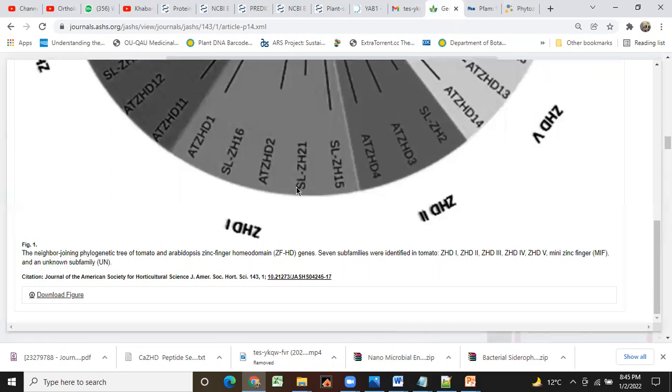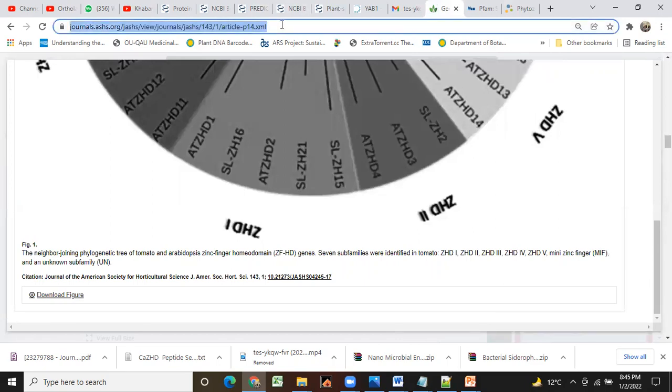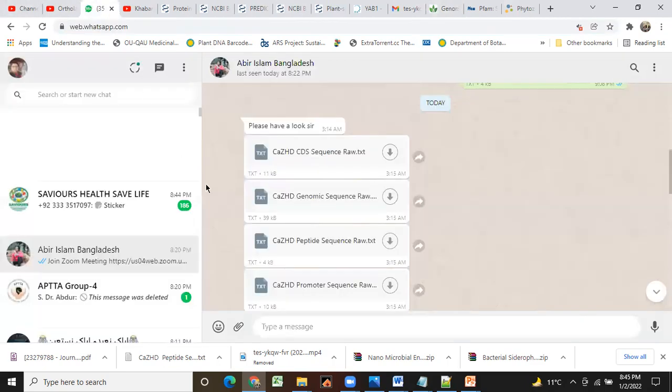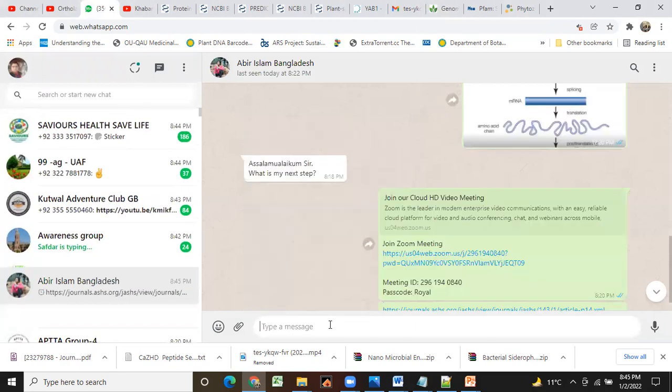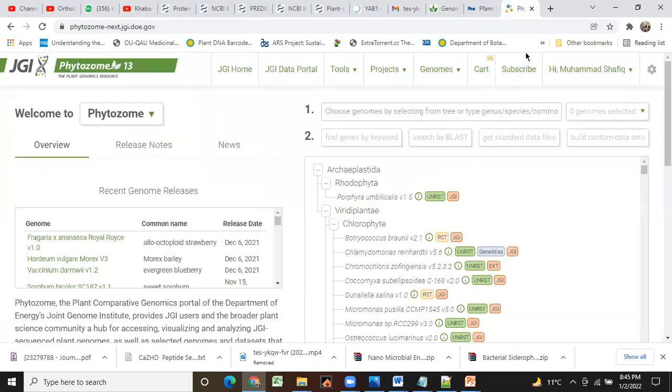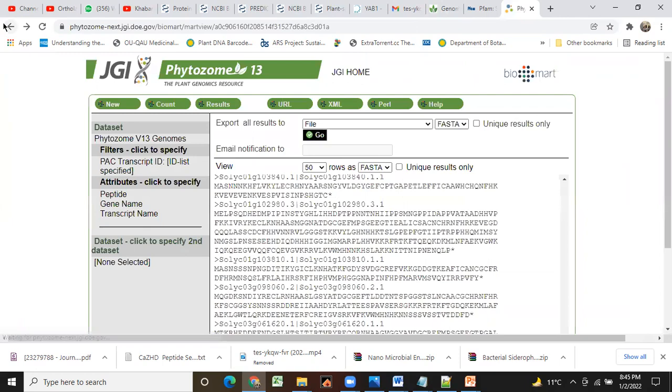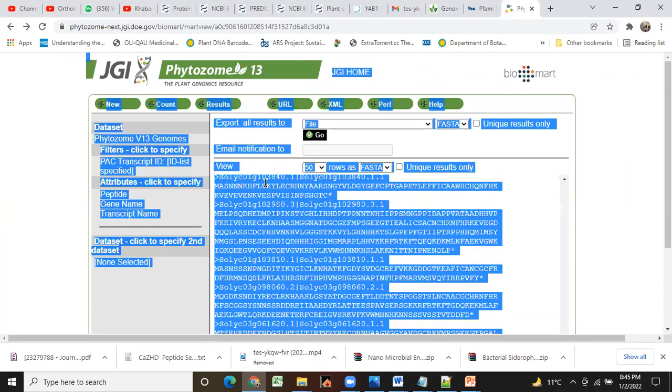ID from this table. I'm just sending you this paper of the tomato, and also the sequences. All these sequences.